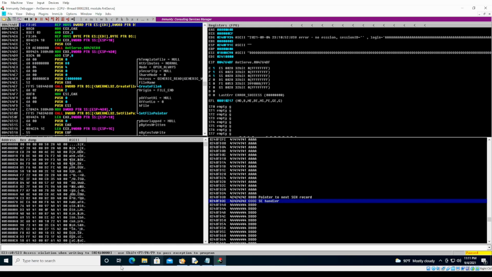We don't want to actually send off that exception yet, because if we do that, then we're going to be really messed up. So we don't want to do that just yet. We do want to see that pop ret though, and that's something I'm not seeing right now. So